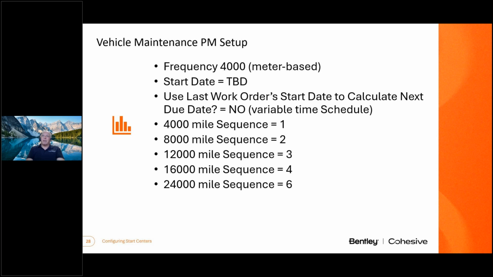And if it's a brand new vehicle, I would set it for 4,000 miles. I'd probably put in the current kilometer or current mileage because I've never seen a vehicle that came out of the factory with 0 miles on it. They all have something. So I would set the current mileage before I created this PM and have it kick off. And if it's a used vehicle, again, I can adjust the sequence based on the current mileage of the vehicle by setting the